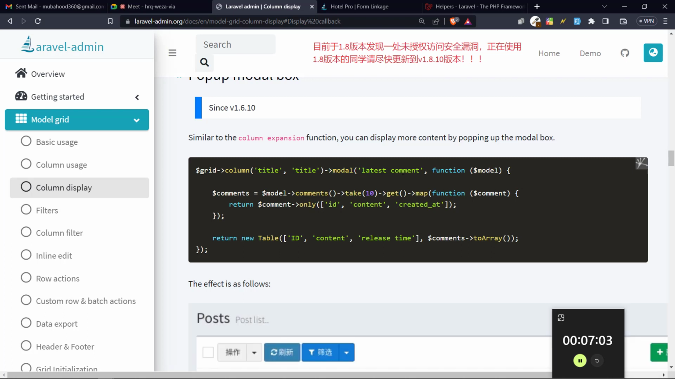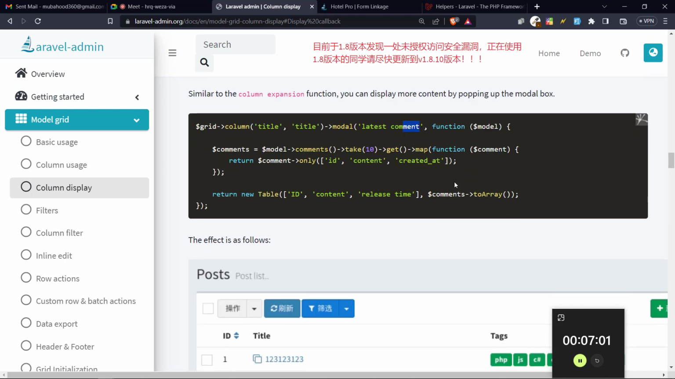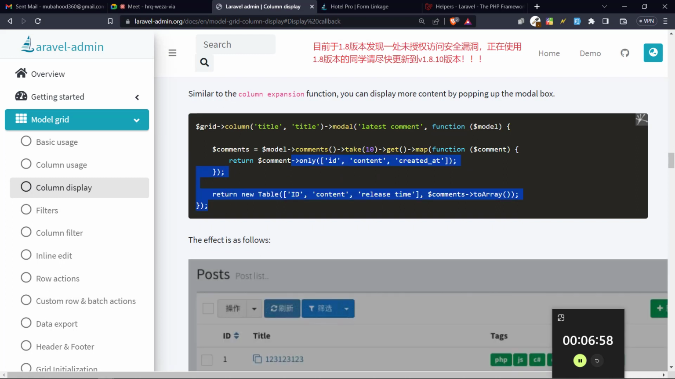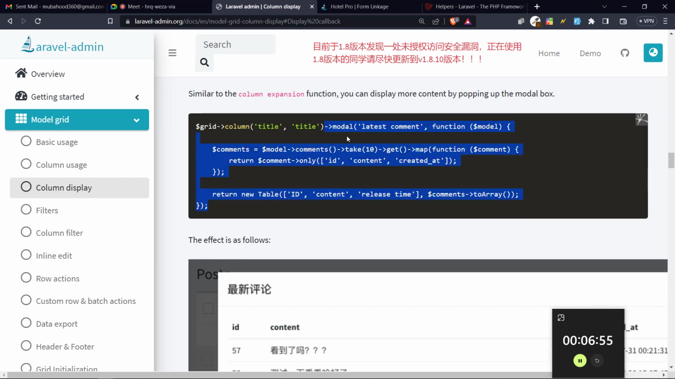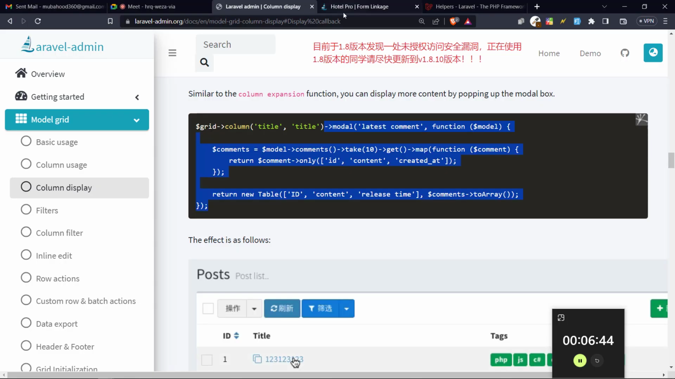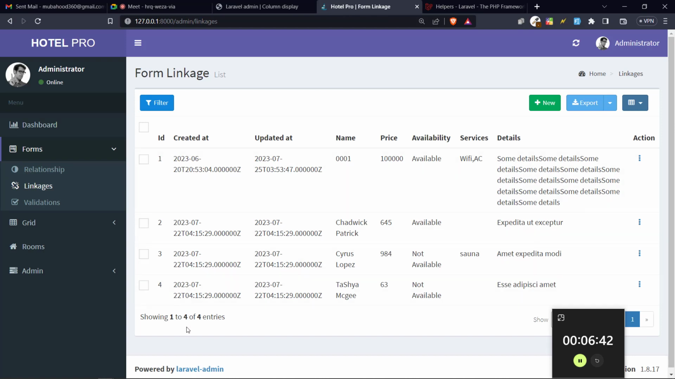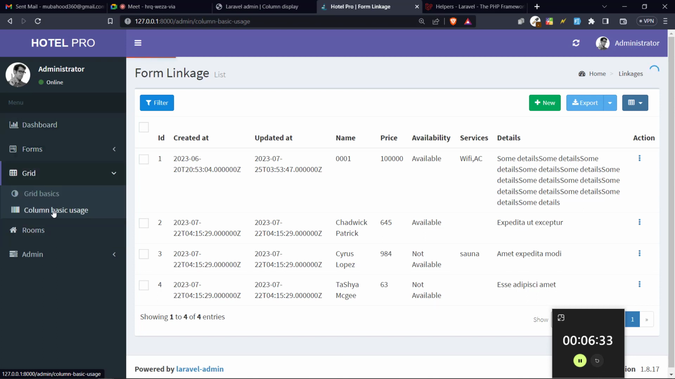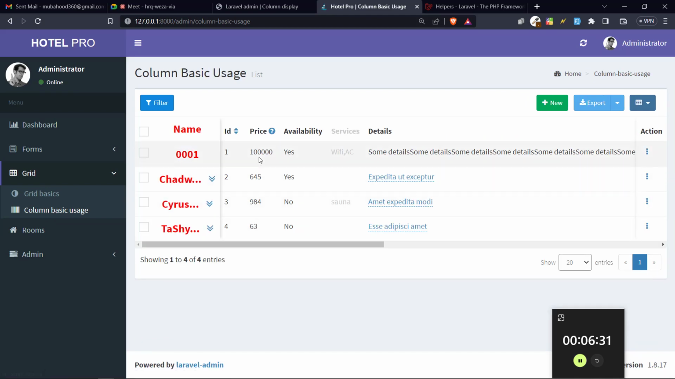So I'm here, under grid, under column basics. I want here when you click on price, you should be able to see other rooms which have almost the same price, something like that. So to do that, you'll just simply come in and put in a modal. So I'll come here to the price, and then simply put a modal and say maybe other rooms